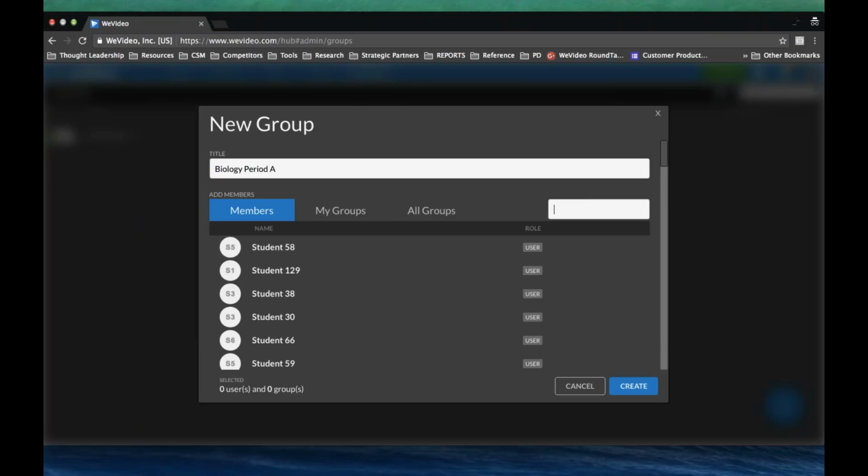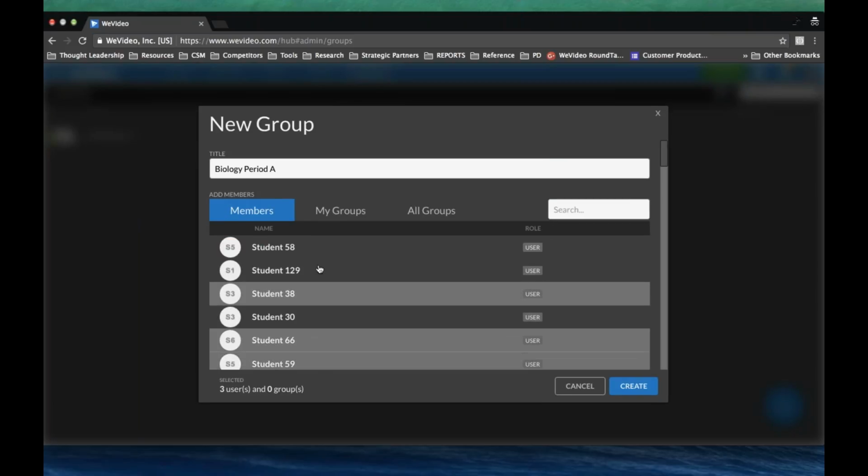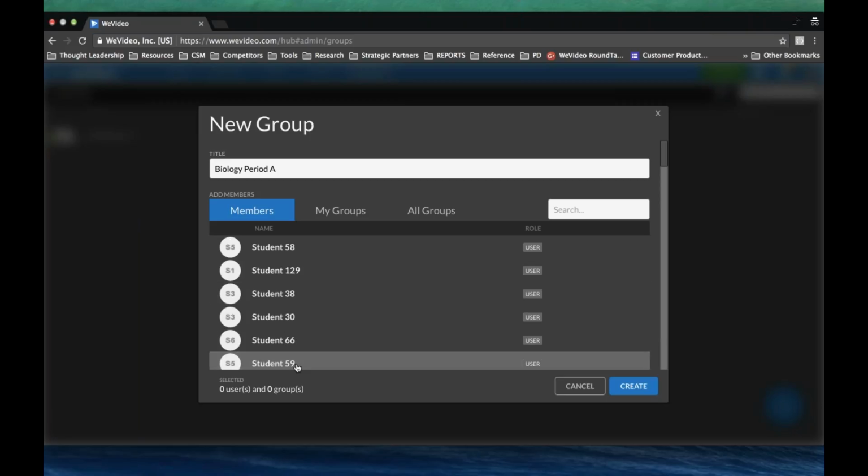One way, as I mentioned, is I can search for my student's name, provided they're already a member of the organization, and I can add them one by one, or I can just go through the entire selection here, and I can just click on the students that belong to my class. Often I hear this is a little bit time-consuming. So the second method might be more relevant to you.